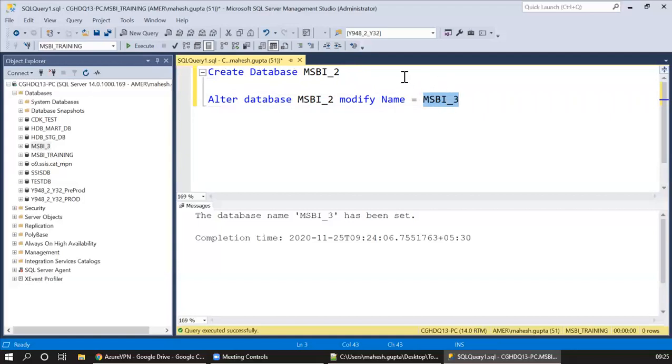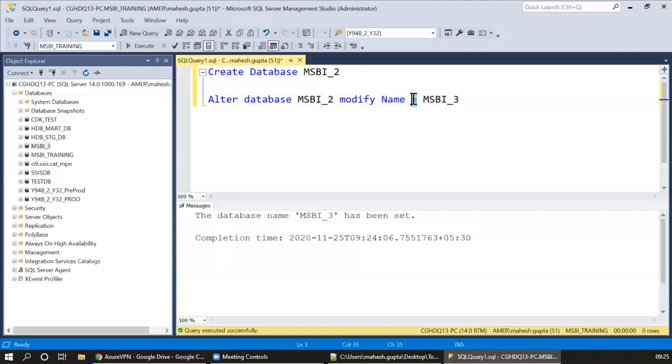So this name is going to be assigned to this name variable. Whatever name was there before this command, now it will be changed to MSBI 3. So this is the assignment operator. It always happens from right to left. Whatever is on the right side will be assigned to this one, the name of the database.